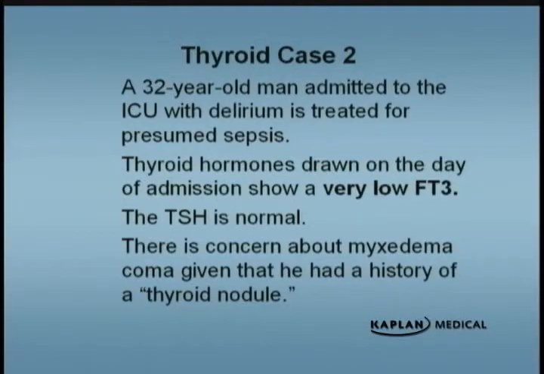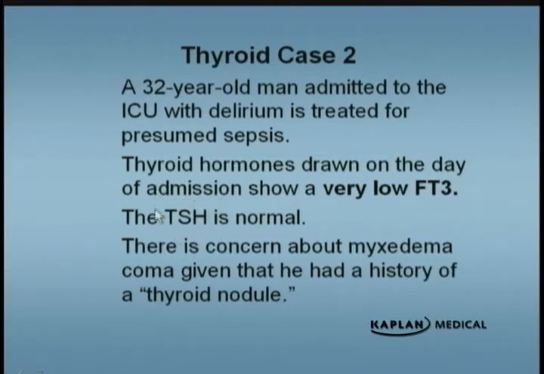The next case: a 32-year-old man is admitted to the ICU, the intensive care unit, with delirium, and is treated for presumed sepsis. Thyroid hormones drawn on the day of admission show a very low free T3. The TSH is normal. There is concern about myxedema coma given that he had a history of a thyroid nodule. Now, what did I tell you? What's the first test we look at